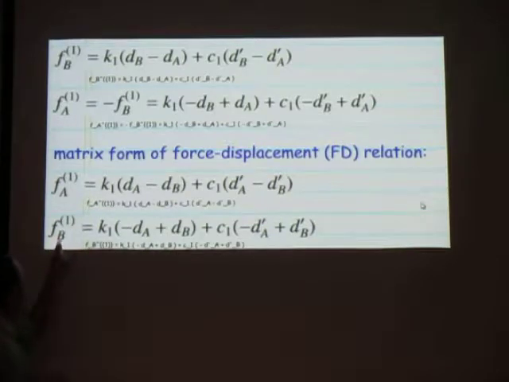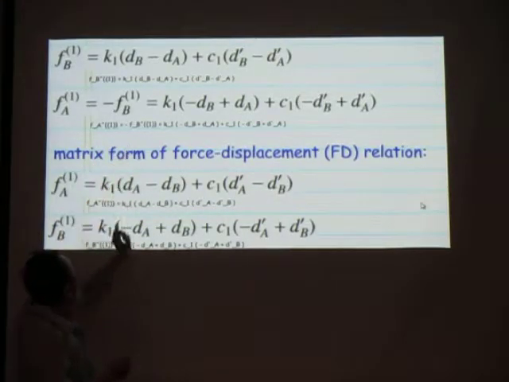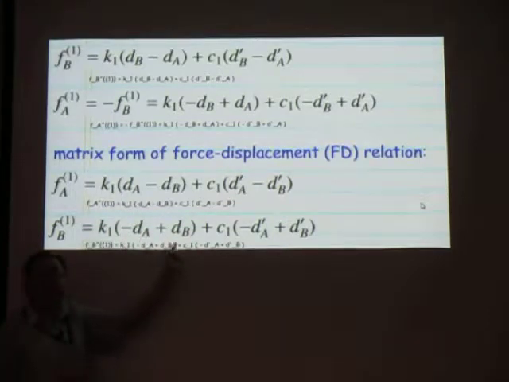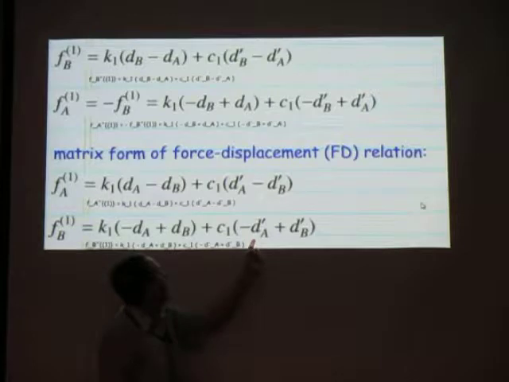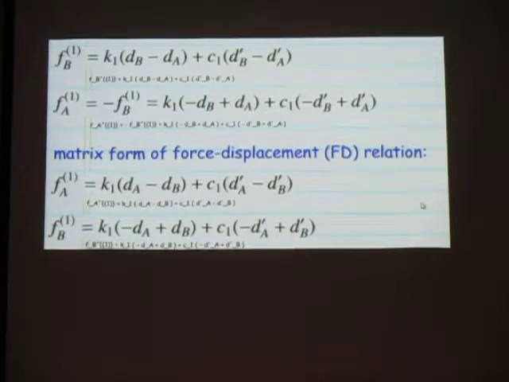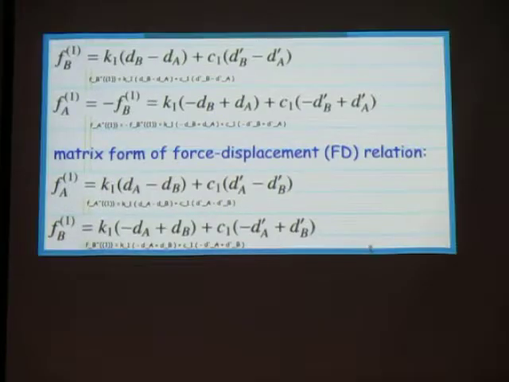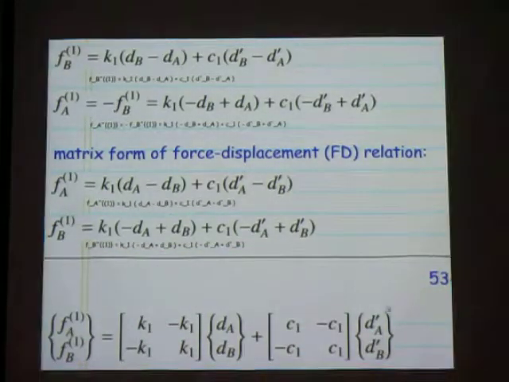But for the force at B, for the same element 1, instead of dB minus dA, you write minus dA plus dB. And on this side, the same thing for the time derivative, so the damping coefficient times minus dA prime plus dB prime. Then you can put these two expressions